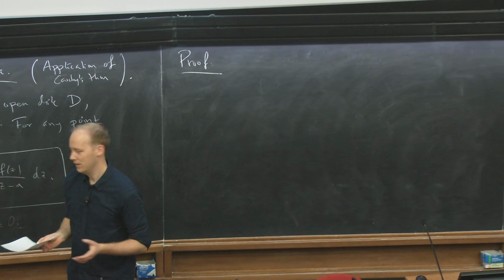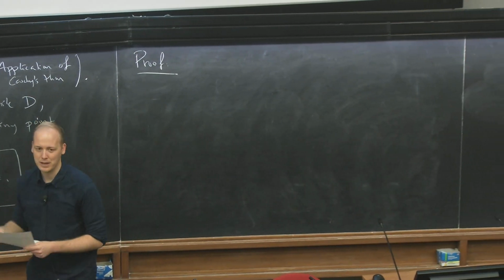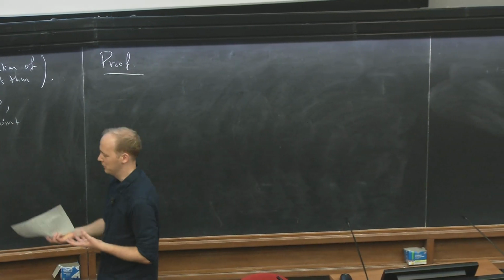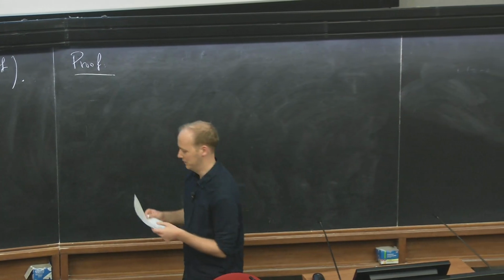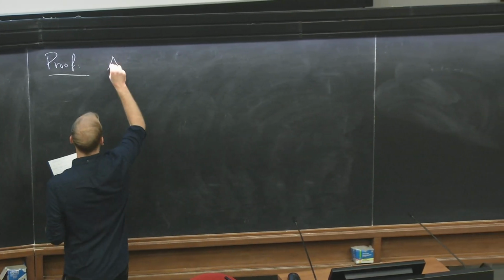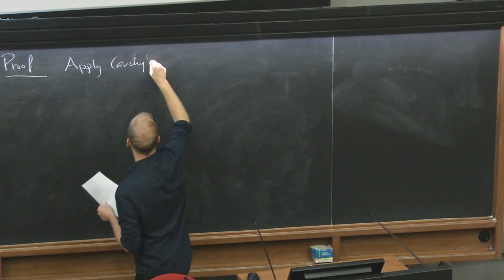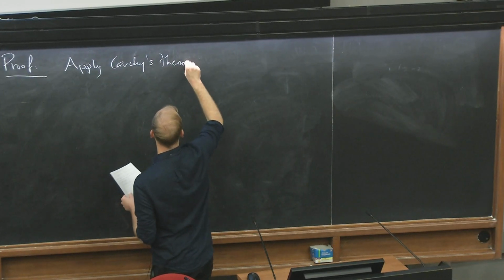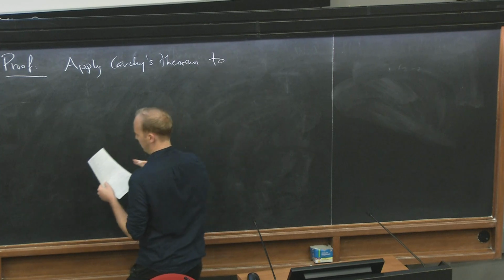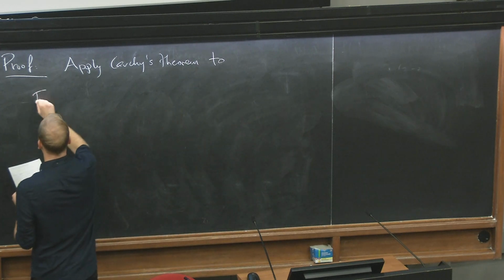Okay? And of course, to figure out exactly what function I need to put to get this, you need to sit down and think a little bit. So I will tell you that we apply Cauchy's theorem to the following function,